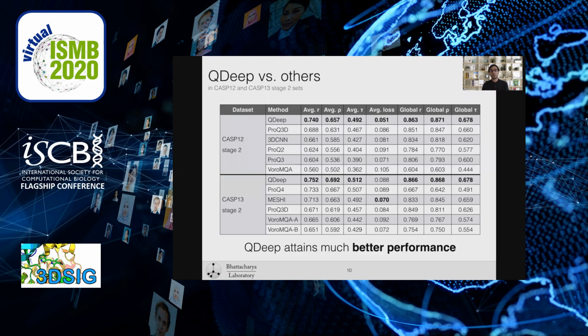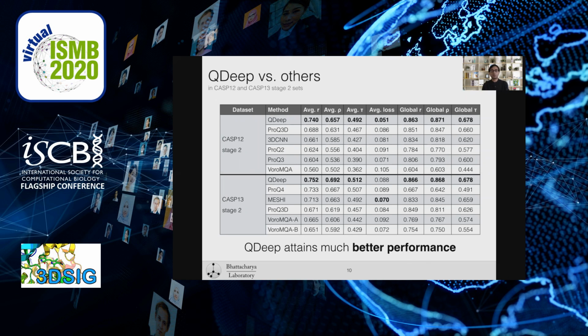Here we use GDT as the ground truth and looked at average per target Pearson, Spearman, and Kendall-Tau correlation, as well as their global counterparts. We also looked at average per target loss, which defines the ability to select the best model from the pool.